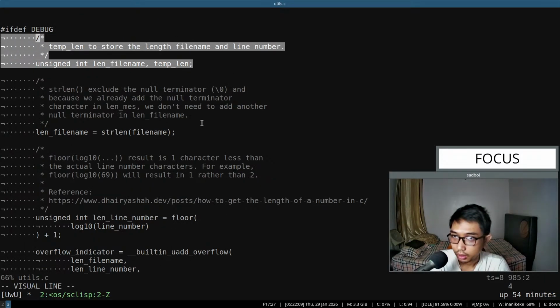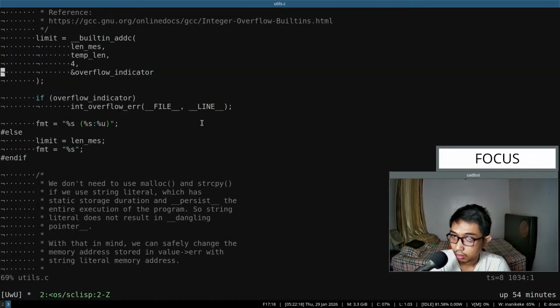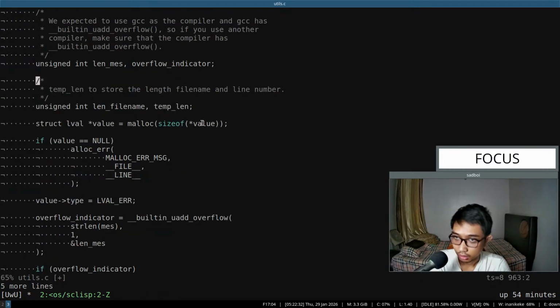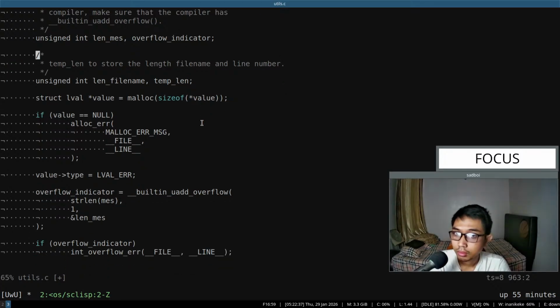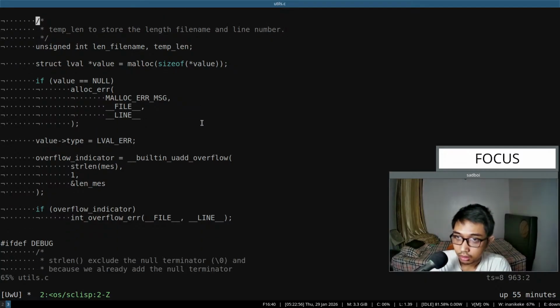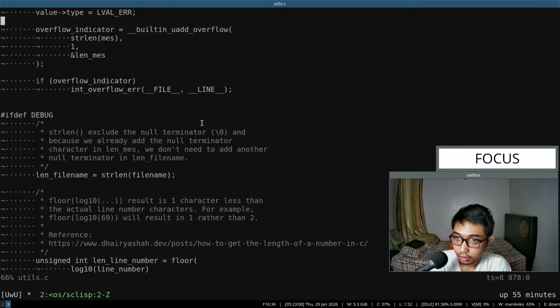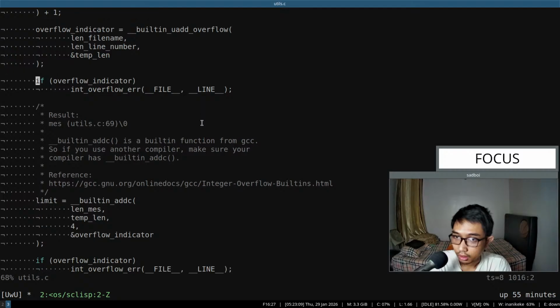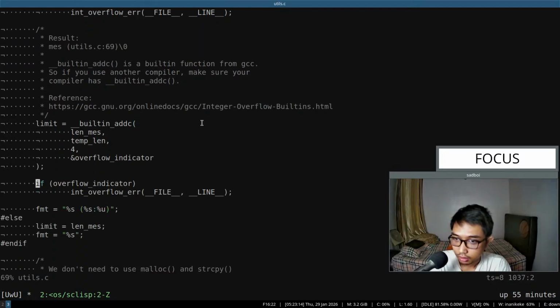So maybe I should put that in here. I mean, if every declaration is at the top of the function, that should make finding the declaration easier, right? Or maybe